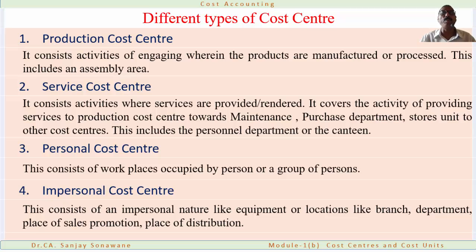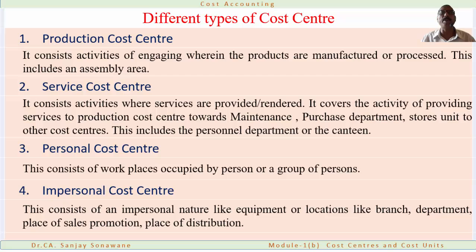A further category we have done is personal cost center and impersonal cost center. A personal cost center is when the person or group of persons' expenses become prime expenses and when we want to have the proper control of that, we can make a personal cost center for a person or group of persons. So all costs are accumulated there. Not only the human, but other cost centers also can be created which we call impersonal cost center.